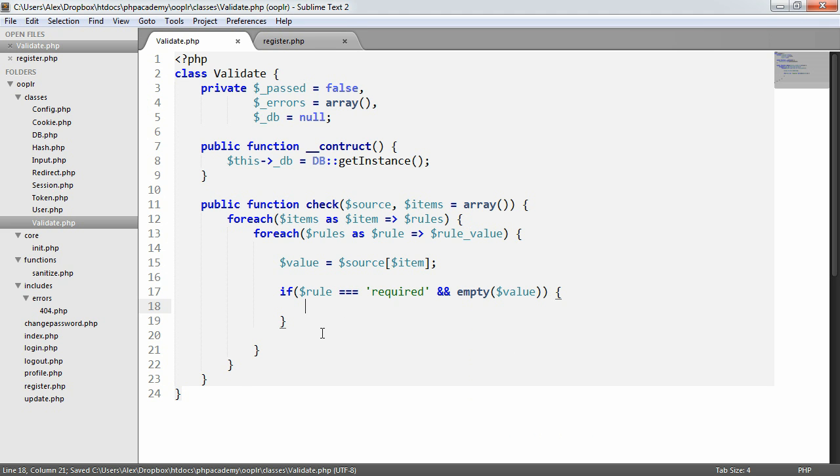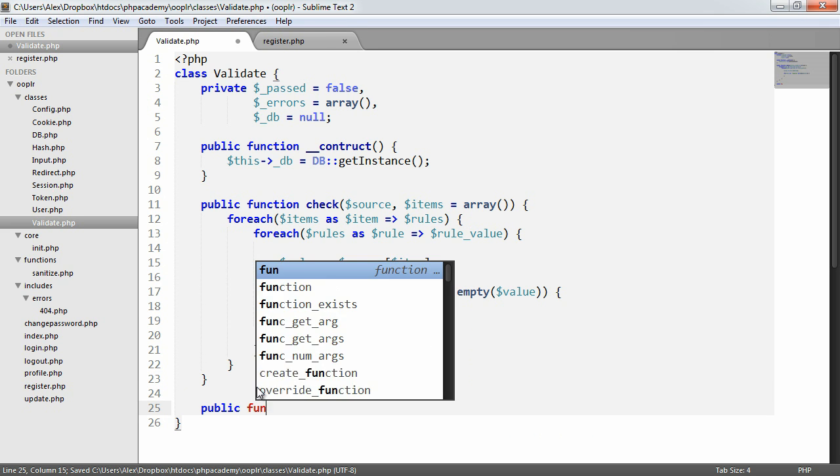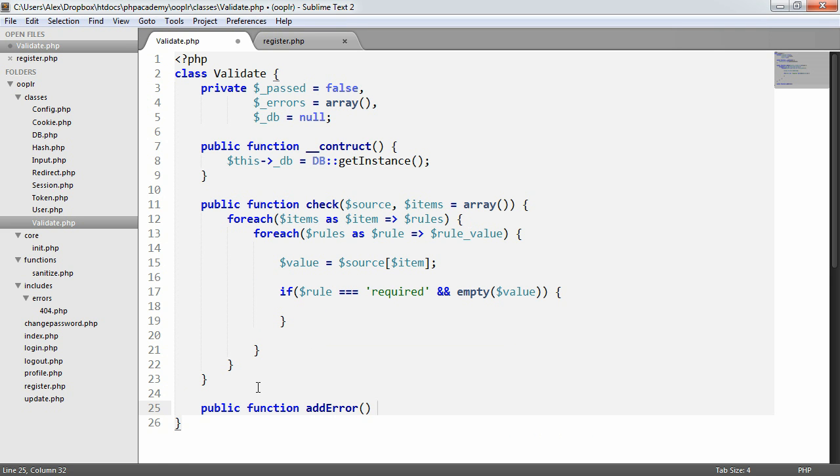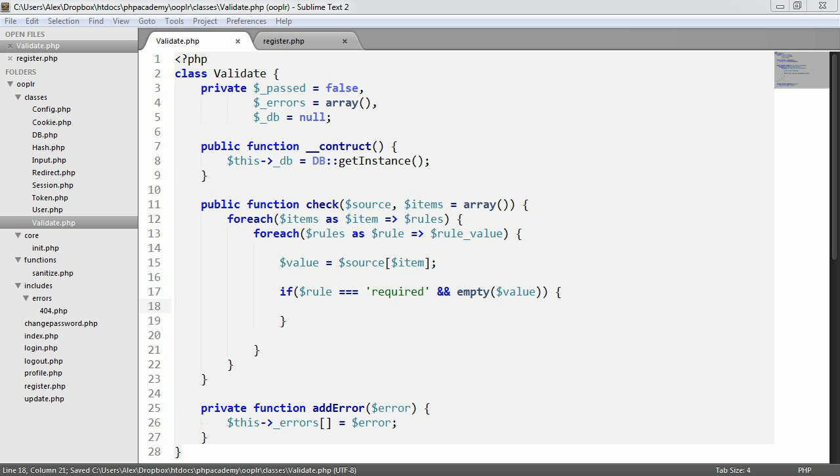So what we're going to do is create another method called add error. In fact, this will be a private method, and this is just going to add an error to the errors array. So let's say this errors equals error, and the error will be passed into this like that. So if rule is required and the value is empty, then we want to go ahead and say this add error. Item is required, so we can just say with double quotes, I guess,